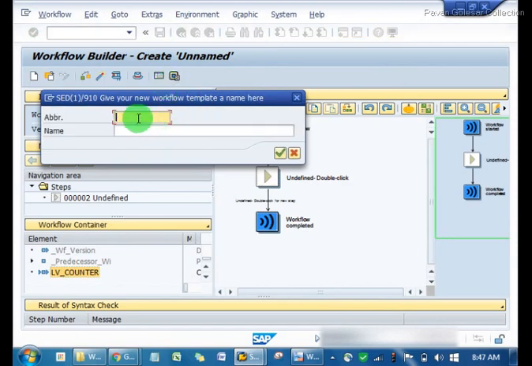Save it and give it a simple name, WFF. Just give it an abbreviation just to remember that this is my workflow.